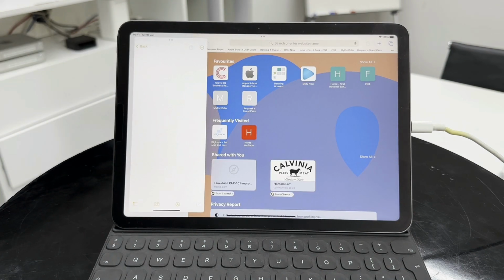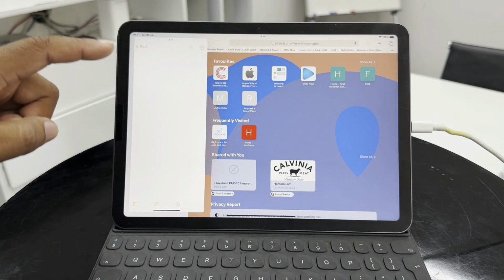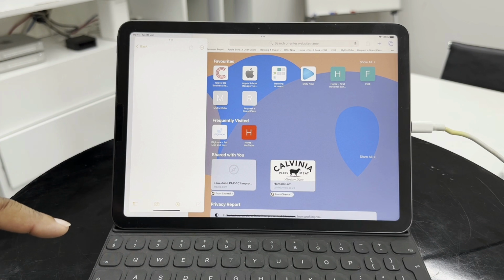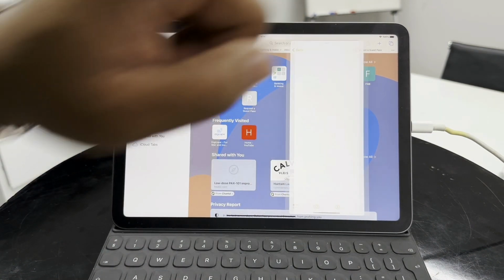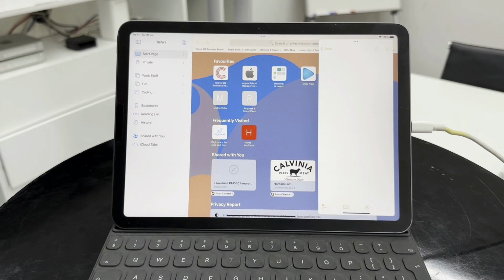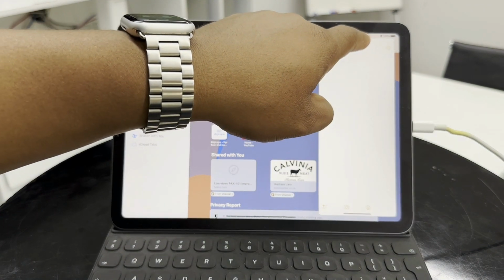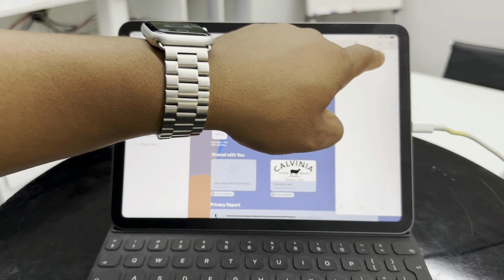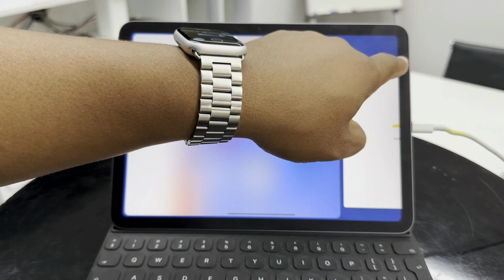Now you'll see that the app I put into slide over view will become a floating window on the other app. Now I can move it from right to left, whichever is more convenient for you. I can also decide, you know what, I want to go from slide over view back into split view, or even full screen view, by tapping and holding on the dots, moving it to the side will make it into split view,